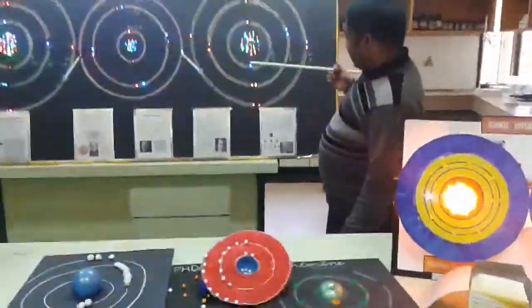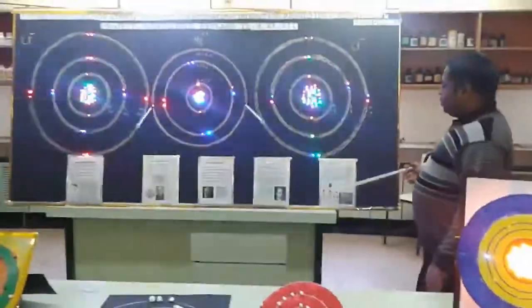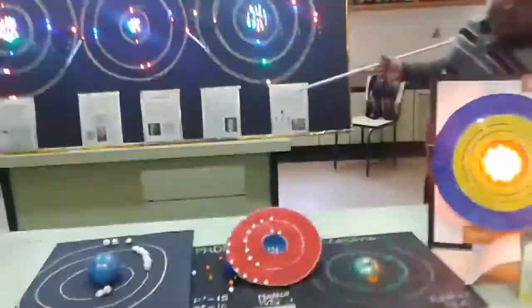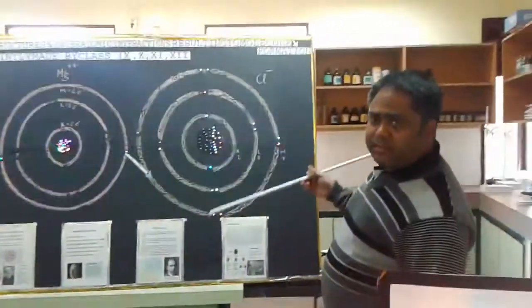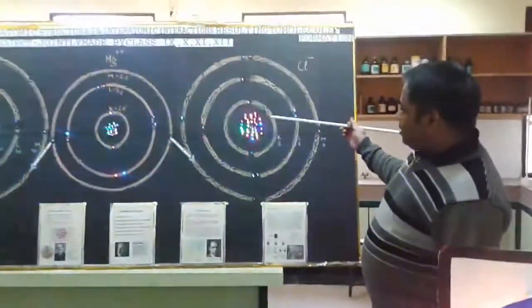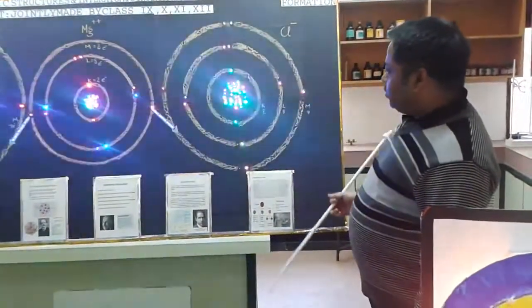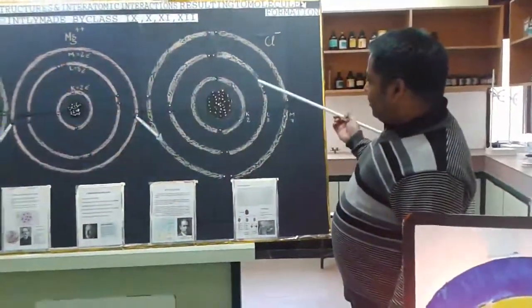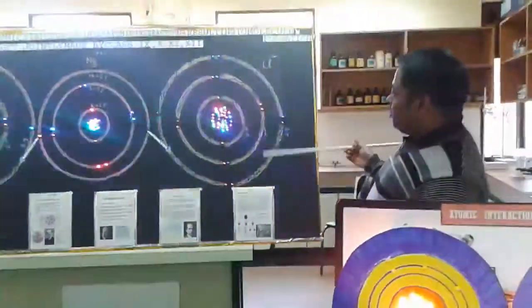After this there was a problem in discussion: if, according to Bohr's atomic model, electrons revolve around the nucleus and the protons are in the center of the nucleus, then protons being positively charged should repel each other. So why do these positively charged particles not repel each other? They do not repel each other because these protons keep on interconverting themselves into mesons. The positive meson particle and negative meson particles interconvert the proton and neutron so spontaneously and fast that they don't get time to repel each other.